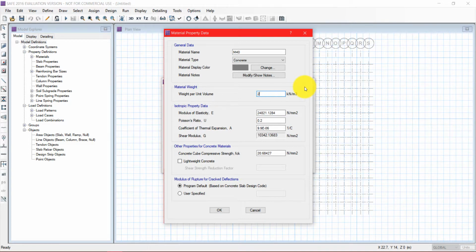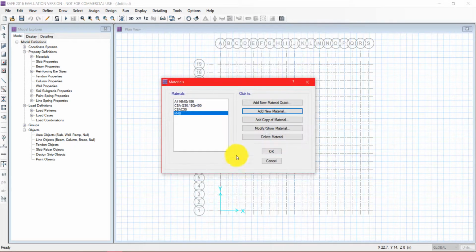It is readily available. I have already searched the values and I'll put them in the columns. As you can see, my M40 grade concrete is defined.